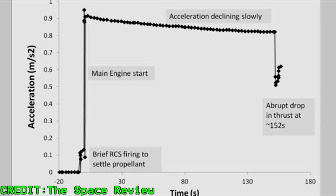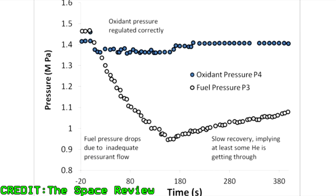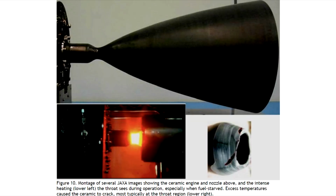But the acceleration begins to slowly drop off right after the start of the burn, and at about 2.5 minutes in, there is a big drop off in thrust, which is right before the engine shutoff. This graph shows a drop in fuel pressure over time, which is a key detail as to what caused this. There was a blockage formed in the valve between the helium tank and fuel tank, causing it to slowly lose pressure. This in turn started making the engine run more oxygen rich, which makes it hotter. In the end, the engine bell suffered severe damage, leading to a loss of thrust, and the engine shut down